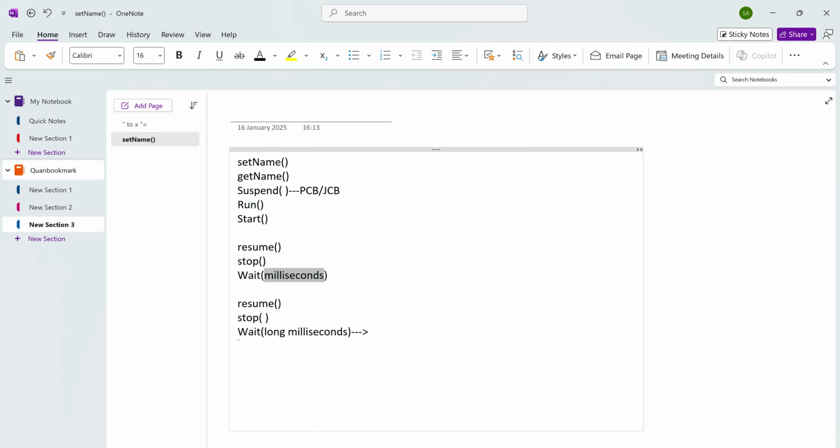As of now, what we have discussed, all these methods are non-static methods. There are static methods also in the Thread class, so we will be discussing those methods as well. So the first static method we have is